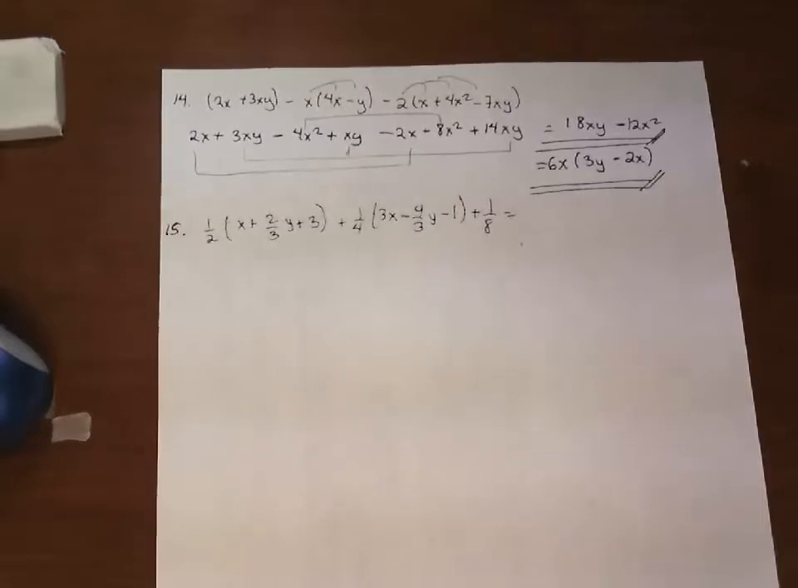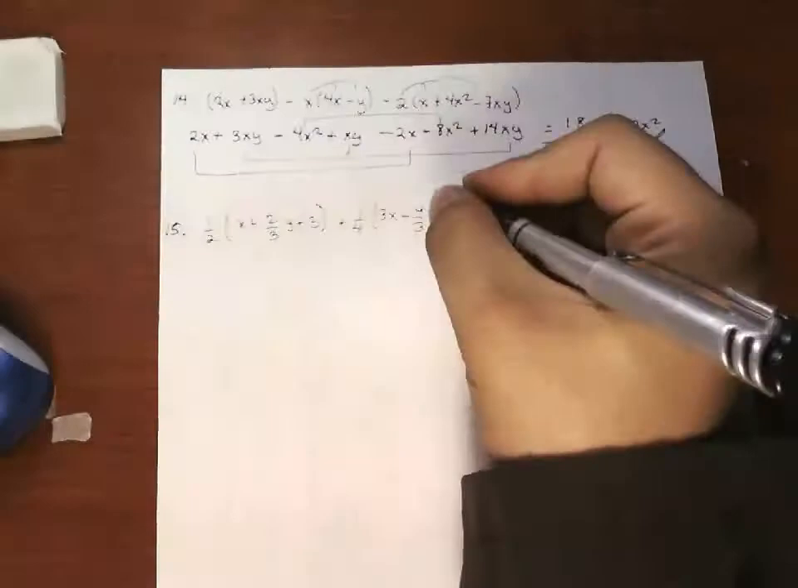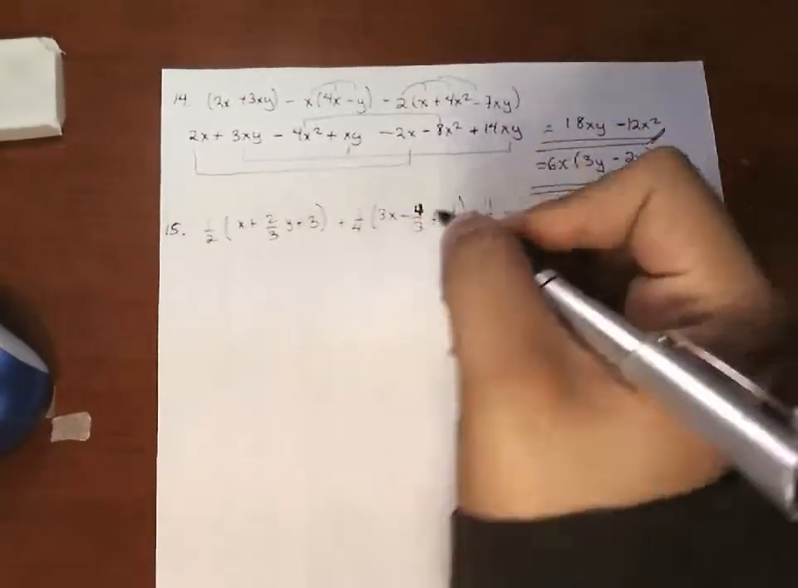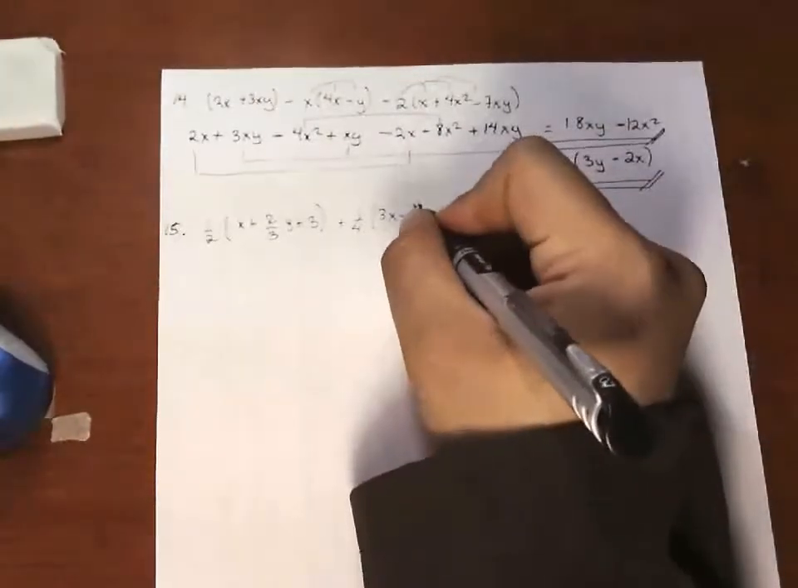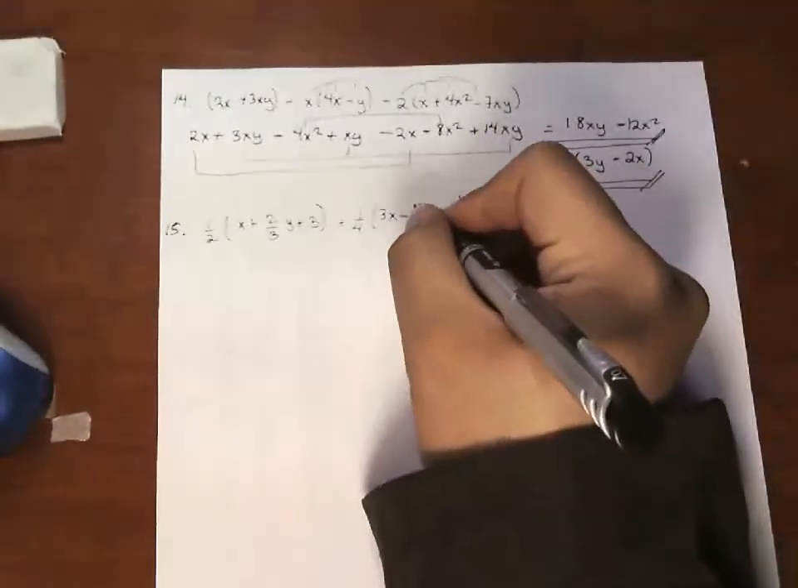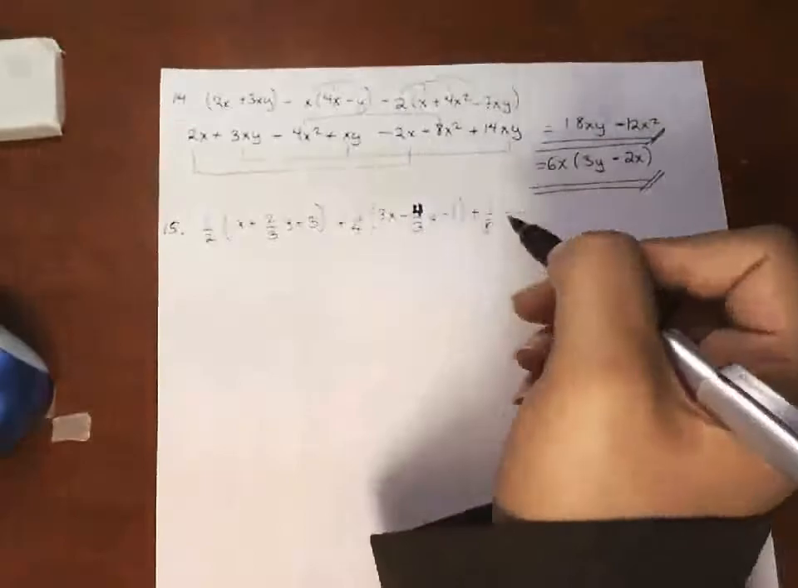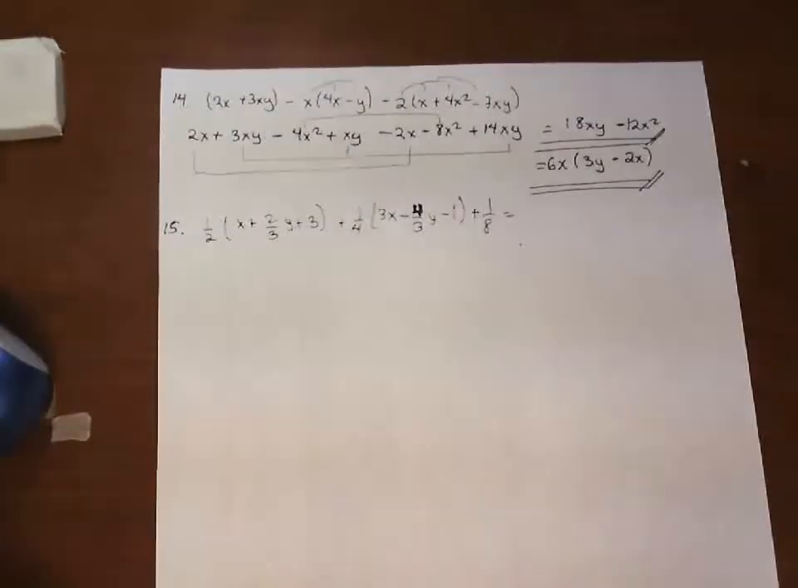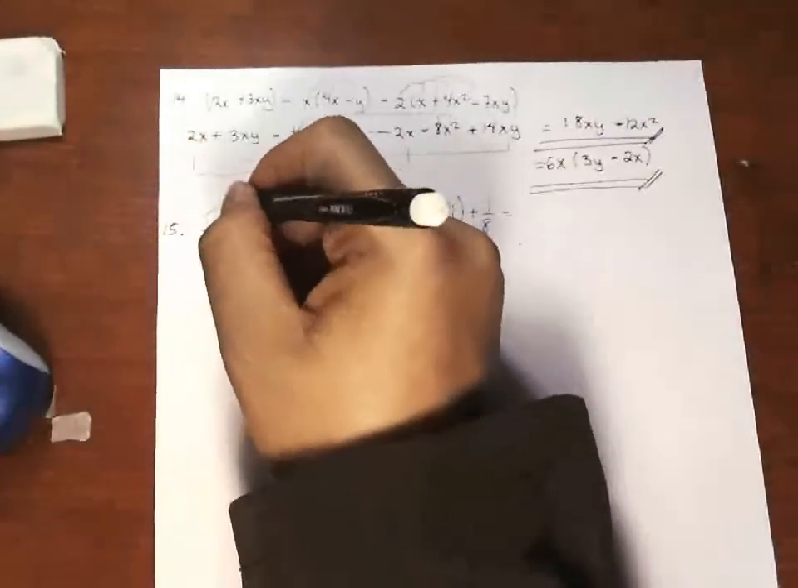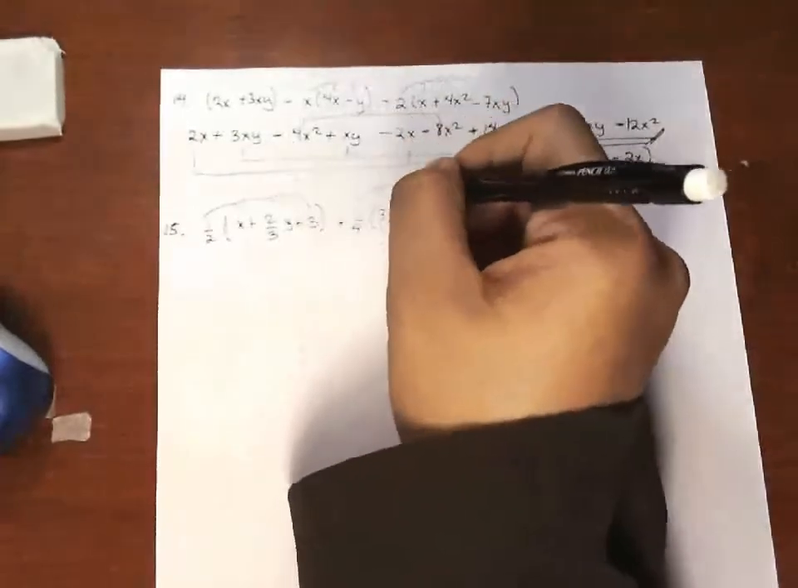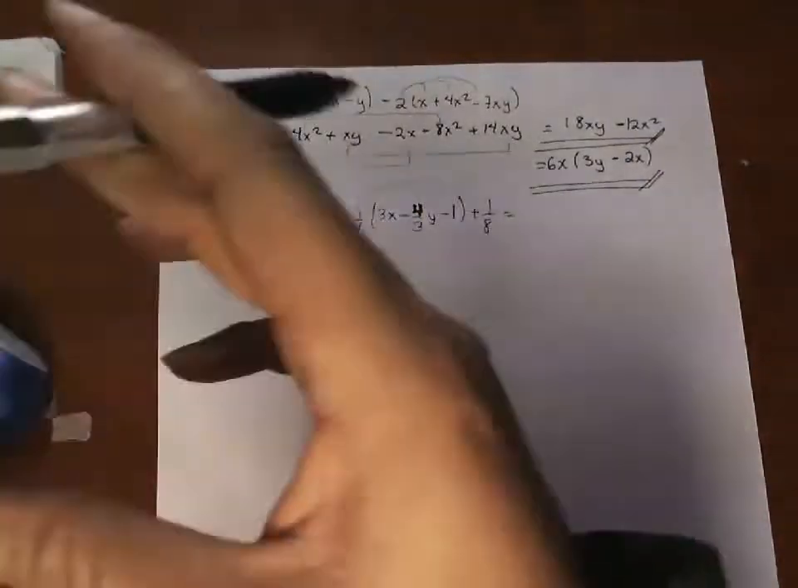Okay, so we have number 15. Let me just make that clear. Okay, so once again, we look inside parentheses. We can't add or subtract what's inside, so once again, we go to distributive. I'm sure by this time you're very familiar with it. So